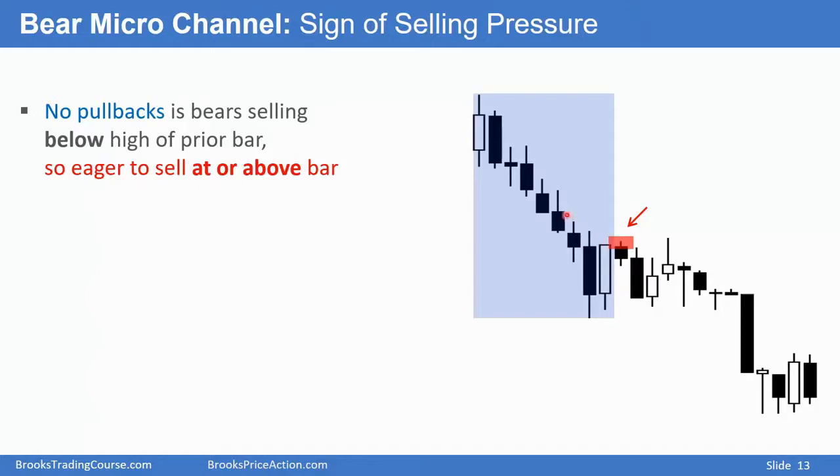Because of that, traders, as this market's going down, will place limit orders to sell at the high of the prior bar. Did not get filled, did not get filled. Finally, they got filled, looking for at least a small second leg down. Strong bear trend, do not look to buy. The best the bulls can hope for is maybe a trading range, which they got over here. And you're not going to make money even with limit orders when the range is that tight. Only sell.